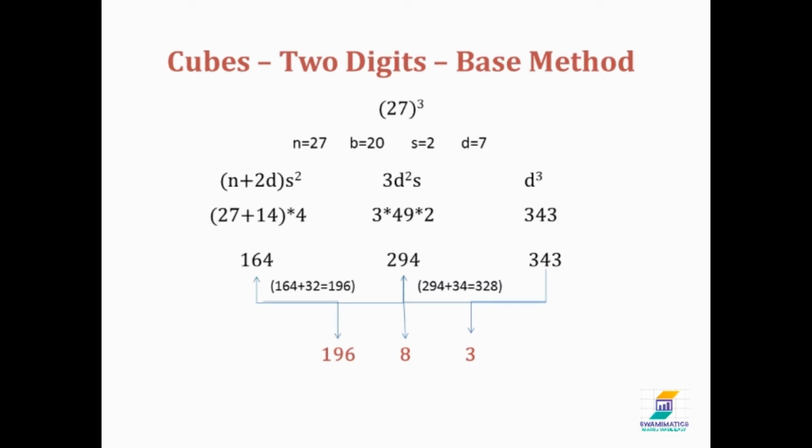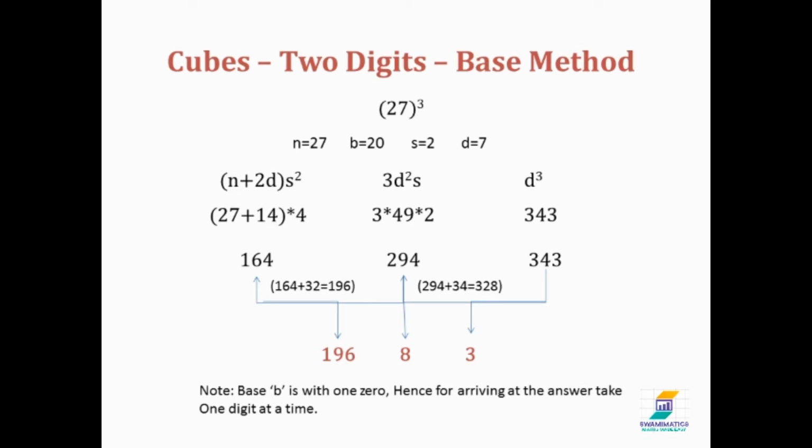So the cube of the number 27 is 19683. I hope this method is clear. We are discussing two different methods. In our last session, we discussed what is known as the ratio method. What is the idea? Sometimes for certain numbers, the base method will be much easier, and for other numbers, the first one may be easier.